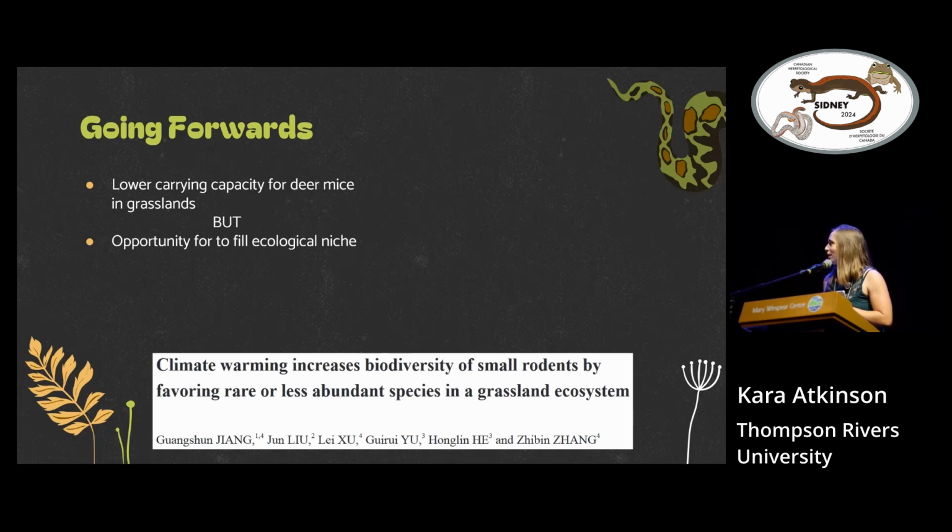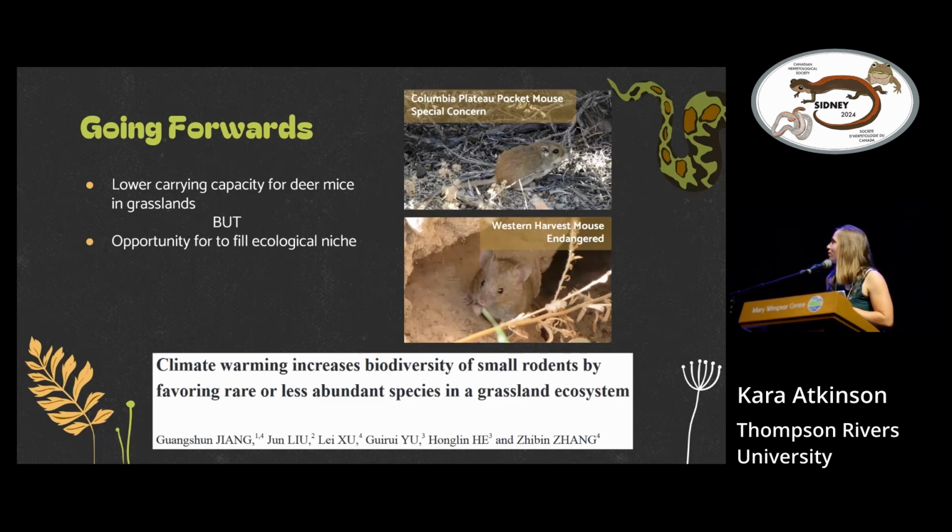So this is a study that was done that I found interesting, that climbing mooring could increase biodiversity of small rodents. So they allow those generalists might leave the area, but they're reducing competition for some of those specialists that live in that area. So in BC, we have 2 threatened or endangered rodents here that I'm just going to highlight for